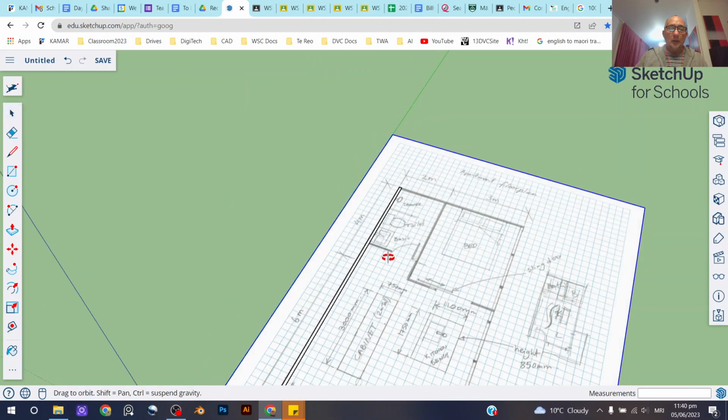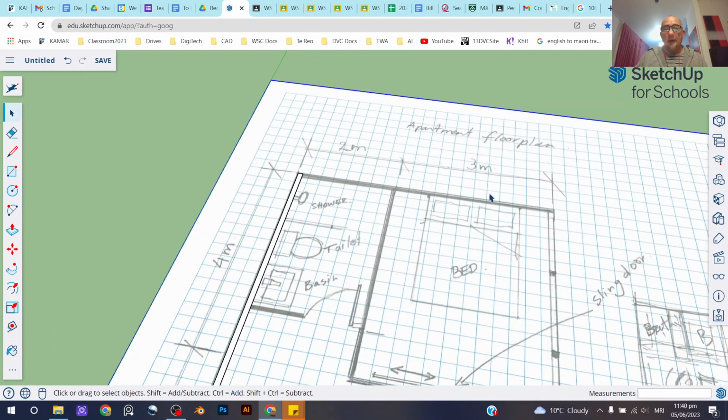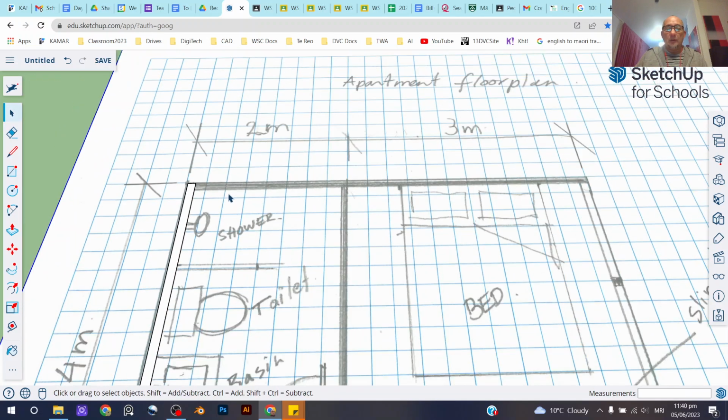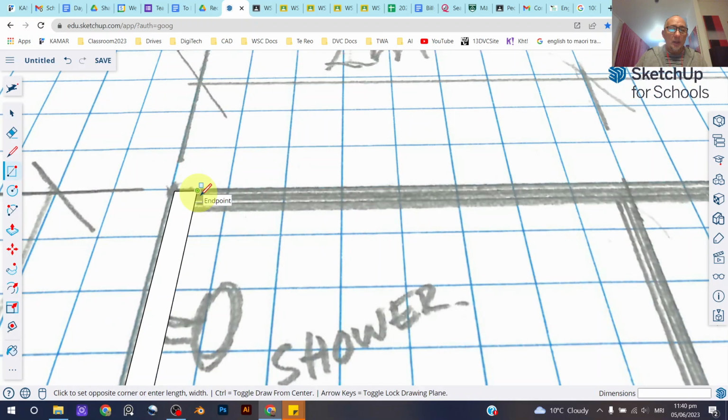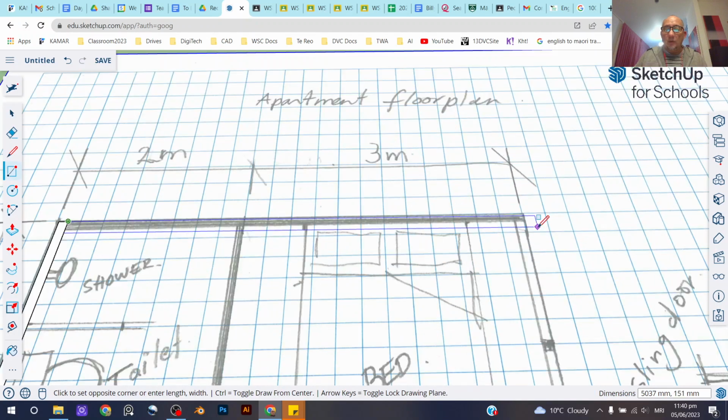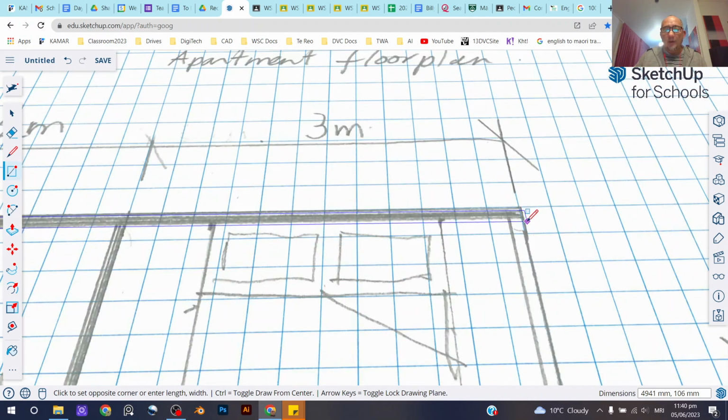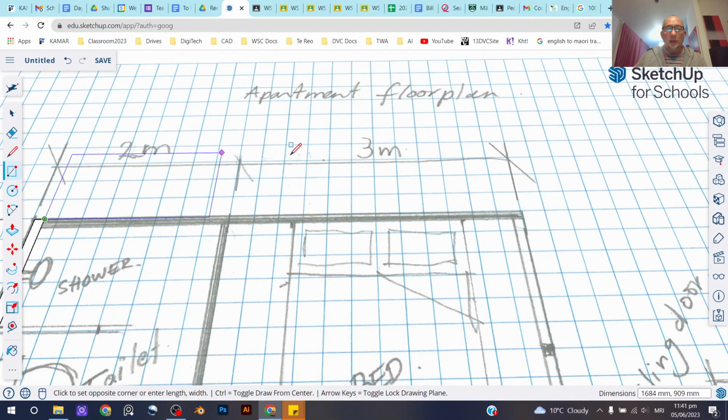So you can see here that is our first wall made. Now we're going to create the next wall. This one's over here. So I'm going to again create this wall from here, and again I could just bring this out here and estimate where I want this to end, but you can see that 2 meters plus 3 meters should be 5 meters. When we look down in the dimensions box, you'll see that we're close to 5 meters, but because this wall has some thickness, we've got to subtract 100 mils from it. So we'll go over here, and instead of typing 5,000, we're going to type in